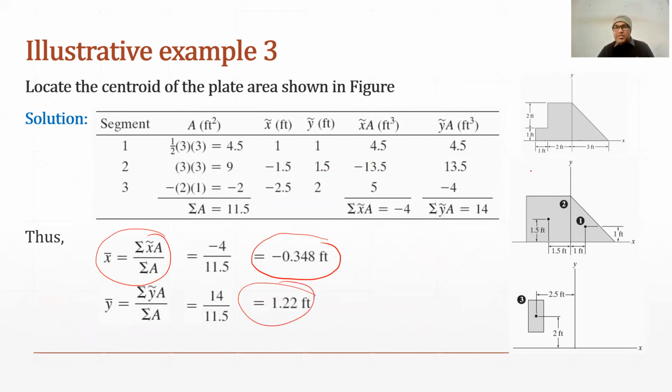So we can approximately locate it also. So you can see here, x bar value is negative 0.348. So it means we have to go to the negative x. So it will be somewhere here. And similarly, the positive y, it will be 1.22. It will be somewhere here. So projecting them like this, we get the coordinate of this whole figure. So this is the x bar, and this is the y bar that we have just calculated, this one and this one. So that is the process of calculating coordinates of the centroid or CG of an area or body.